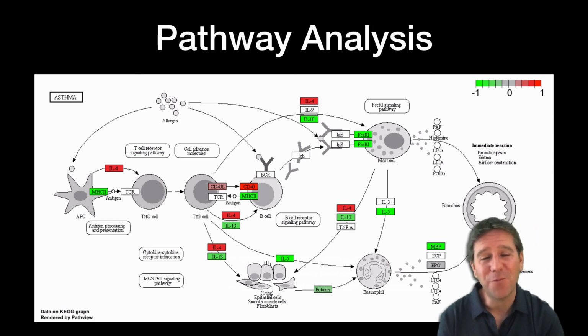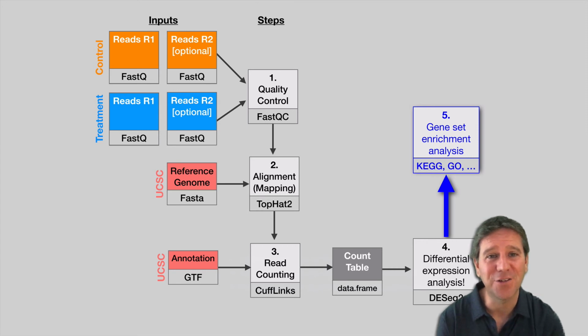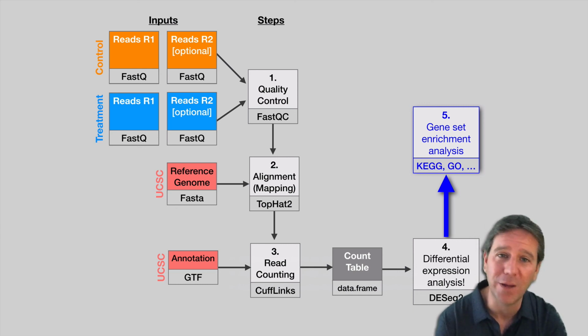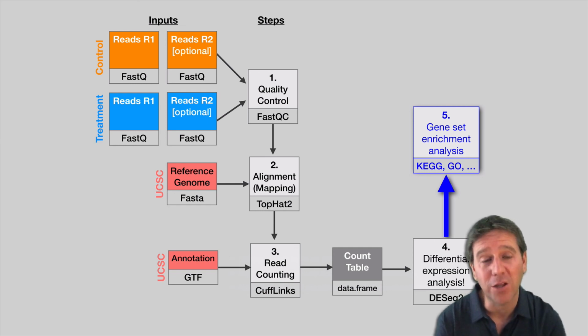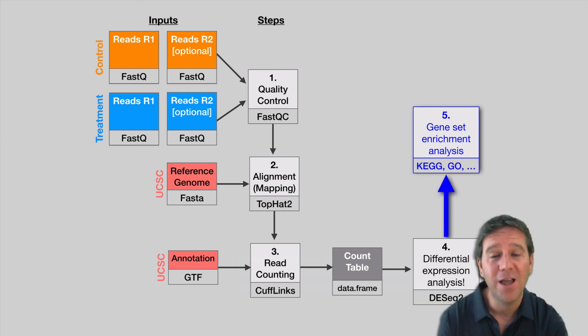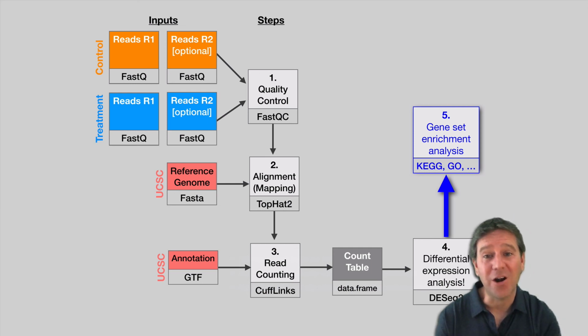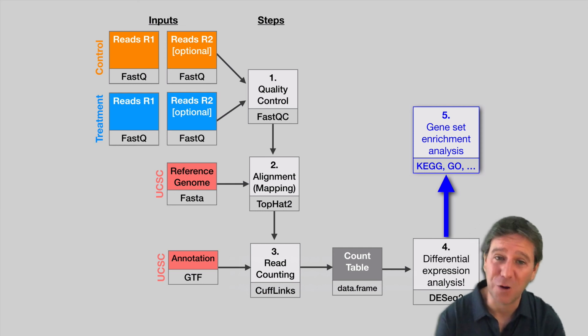So for now, I'm going to finish this video here and summarize our complete workflow to date as shown here. We go from raw reads at the top here through quality control in step 1, through mapping in step 2, and counting in step 3, down into differential expression analysis in step 4 here, and then gene set enrichment analysis to finish off with. So that's all I wanted to cover for this video. So please join me in our next hands-on session where we'll walk through these steps together and analyze this data